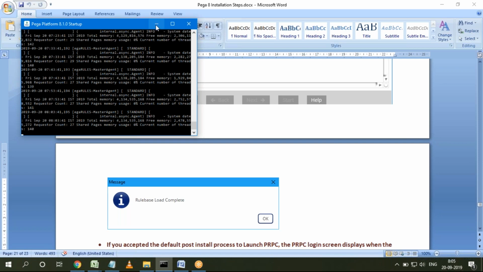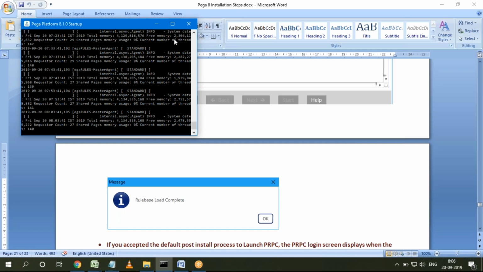Only thing is, in real time there is no need to start this server. Okay, in the personal edition it is an intranet server. So whenever you want to open the application, this Pega platform will open first, and only then can we open the application in the browser. In real time you will be given a user ID and password to connect to the application, and the URL or IP address will be given to you. When you give your user ID and password, it will automatically connect to the application, because in the companies the application will be configured as a server group, and every developer will be connected to the same server group when they are working on the same application.